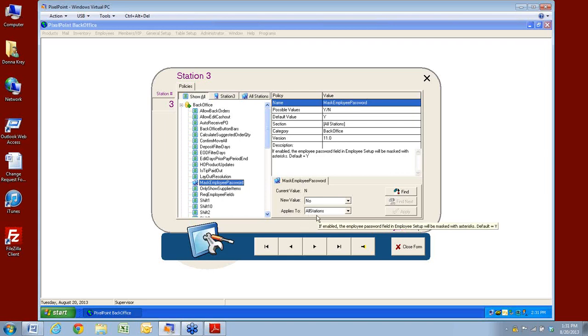And you can see here, apply to. It's applied to all stations. So my current value is no. So I'm not masking my numbers right now. And I've applied this to all stations. Okay? If I wanted to change it,